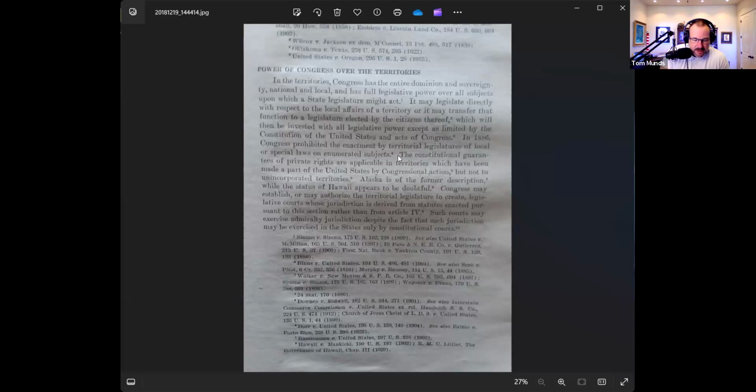What the guarantee of private rights, incorporated and unincorporated, actually is, because I'm still a little bit fuzzy on this, because there are several things wrong with this. One of them is that the constitutional guarantee of private rights is applicable in the territories, which are part of the United States. So we would have to question what that is by congressional action. That's another problem, because if it's not even articulated in the congressional action, then you could say that those rights don't exist at all.